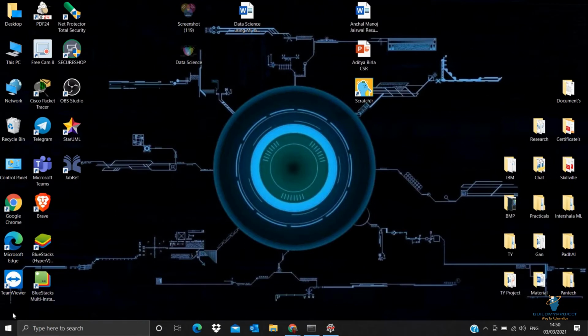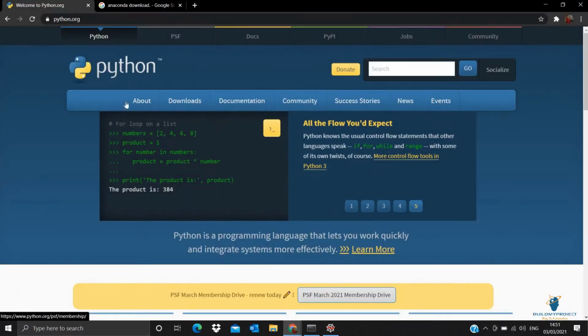And today we will be doing a small snake game program. Probably all of you have played this snake game on some small button phones. So today we will try to make our own snake game with the help of the Python language. First of all, we need to download Python, which is software where you can write your code in the Python language.